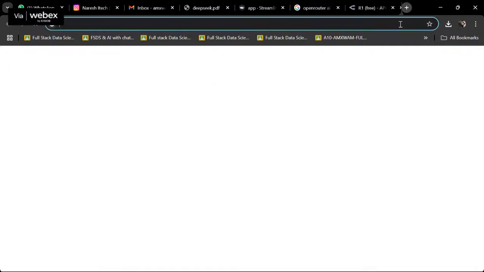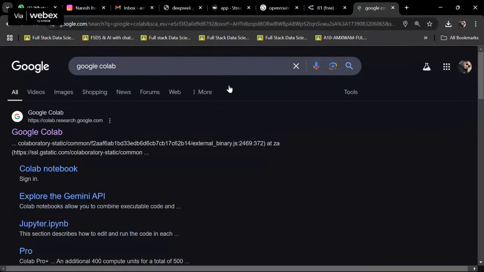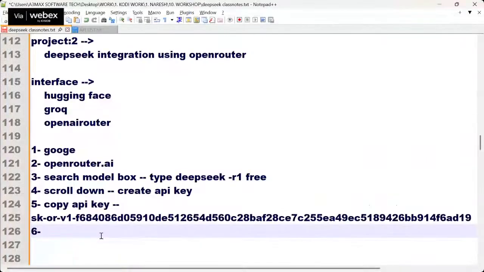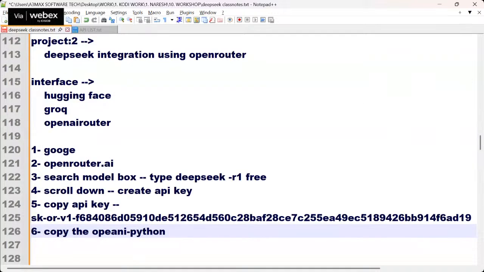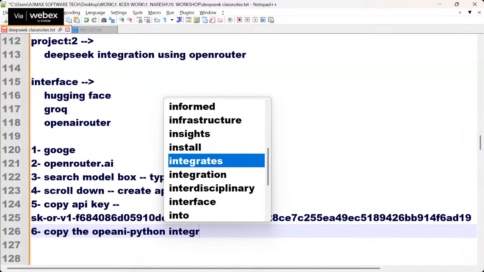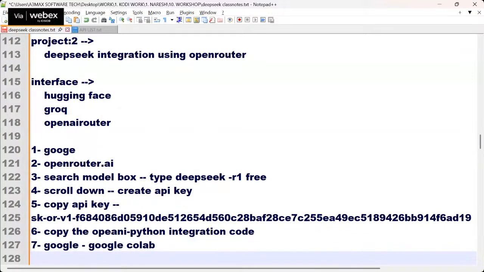After you're done, go to Google and type Google Colab. Copy the API key and copy the OpenAI with Python integration code, that's the 7th step. Then go to Google Colab, 8th.